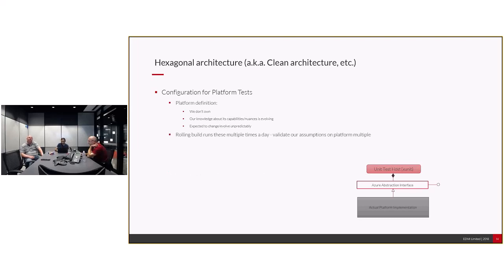Now, obviously this can't be run on every commit because this is really going to go to Azure. So what you do is you have a rolling build, and maybe 100 of these will take about 15 to 20 minutes. So you keep a rolling build, and it clubs every few check-ins and keeps running them. So anytime there's a failure, is it worth running these tests on the in-memory class to verify that both the actual platform